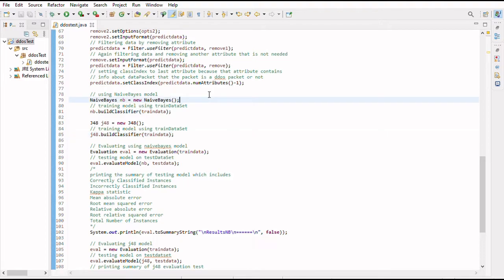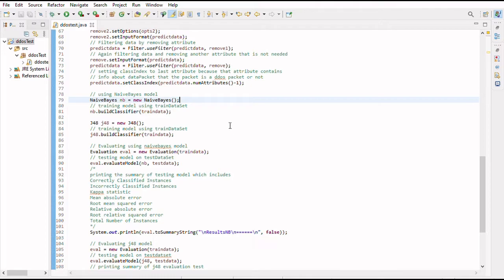I will discuss the rest of the steps. As discussed earlier, the create model and build classifier with processed data step comes next. Here we choose two models, which are Naive Bayes and J48.